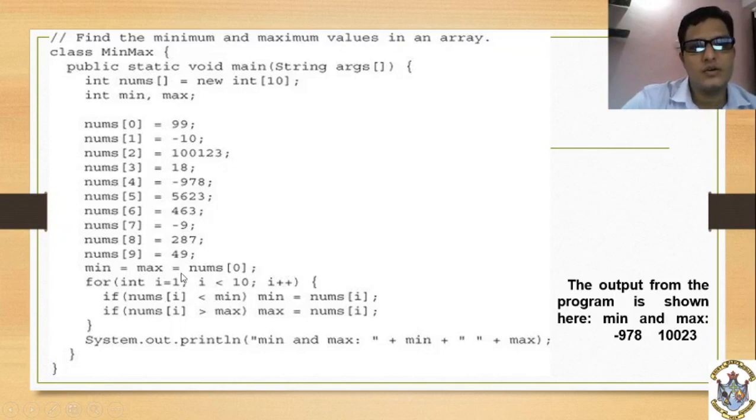For int i is equal to 1. Why is it 1? Already the nums of 0 value is stored. I am starting from 1, less than 10. Why is it 10? It consists of 10 values. Now 1 less than 10 condition true, it will enter the block: nums of 1 less than the minimum value, nums of 0, that is 99. What is the value of nums of 1? Minus 10. Minus 10 less than 99, condition is true,